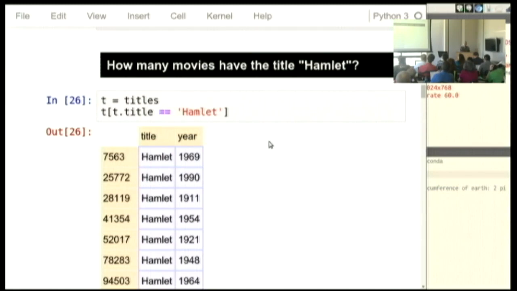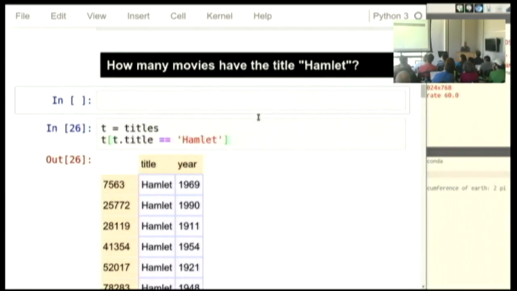So obviously equals equals is here returning something that means does the title equal Hamlet, and if you give that to the square brackets that lets you select a subset of it, it is obviously doing the right thing. But it looked to me like they had cheated when they invented NumPy and Pandas, because what kind of weird special object is that? Well, I got a surprise.